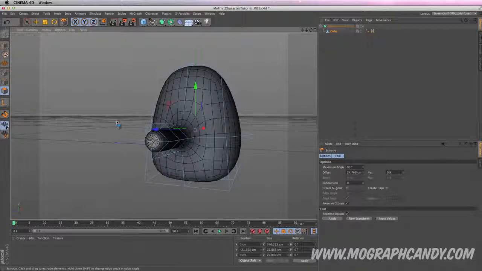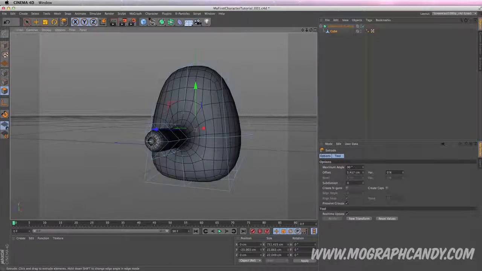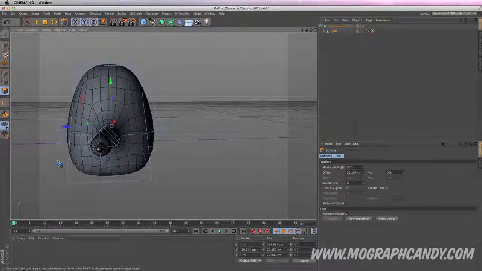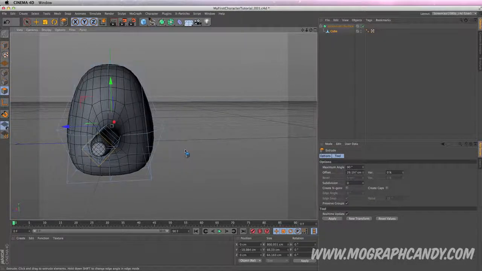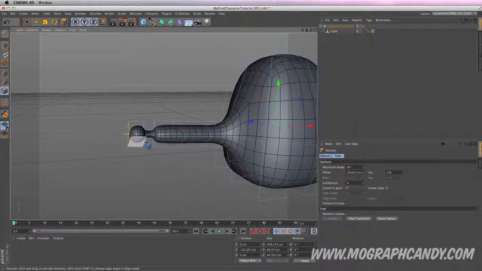Hit D on the keyboard. I've got this subdivision set to 0. We had it at 2 before. Let's bring it down to 0. Just drag this out for an extrude. Polygon is still selected. Hit I on the keyboard for the extrude inner. Drag to the right to bring that back out, and then D again for the extrude tool, and we're kind of creating a ball at the end here. This wrist might be too long. Let's back up, undo,